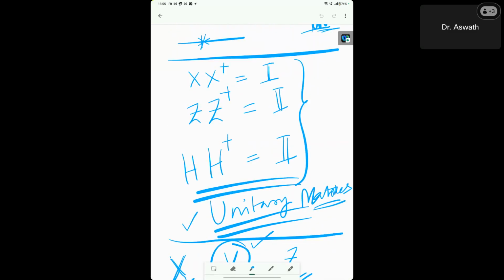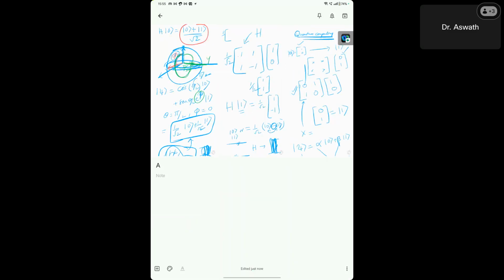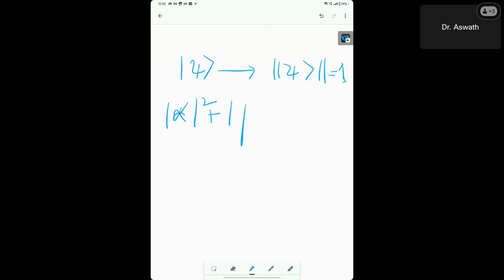Earlier we saw that, let me use some new notes. Just take a quantum state. What is the nature of the quantum state? The nature of the quantum state is that its length has to be unitary. What it means is, if I take a 2-qubit state, the probability amplitudes must have their squares sum to 1. So unitary length.